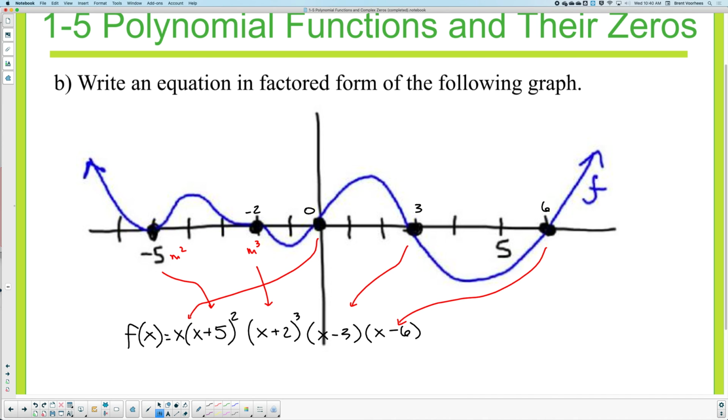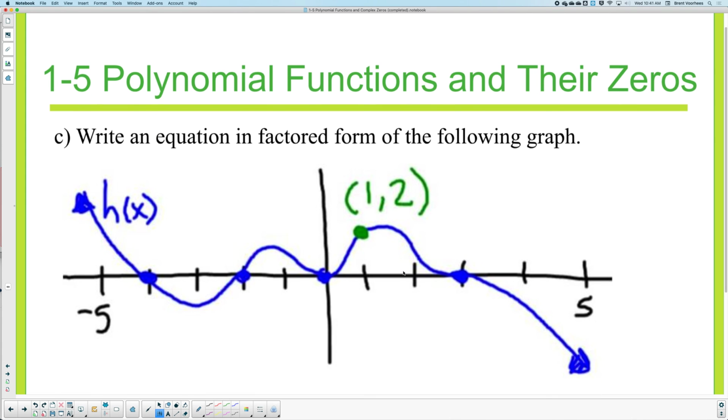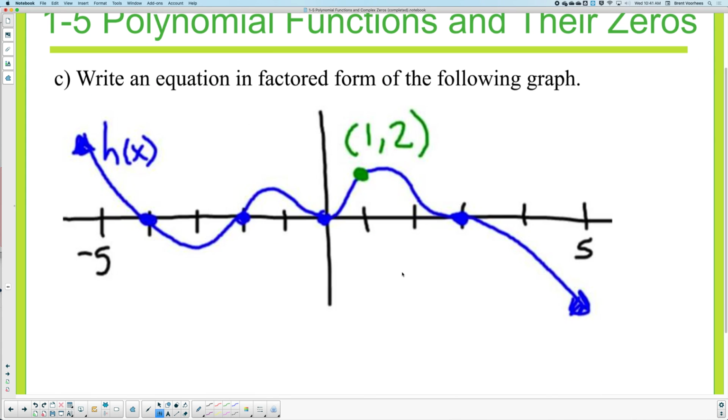And the last one, what we would do here is, if you have a value, here's what I have not told you all day. You could have a capital letter A at the very front that you have to solve at the end. What you would do here is after you write your factored form, you would put a capital A at the front and solve for it there. But we're out of time, so